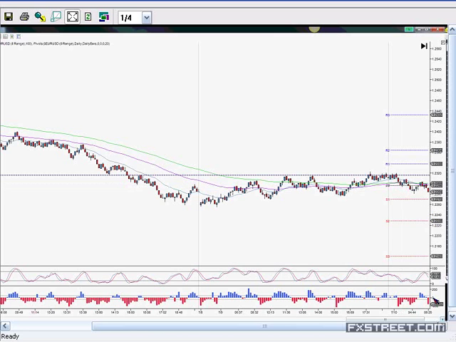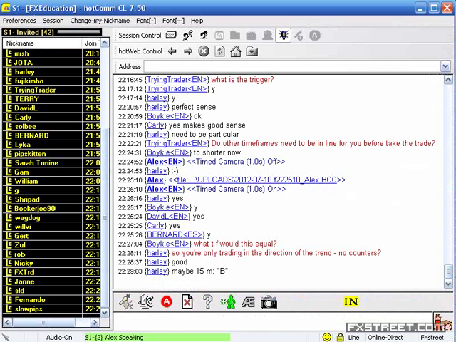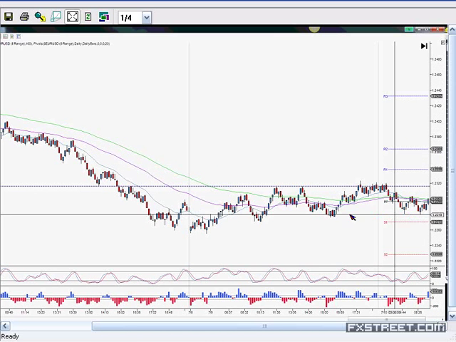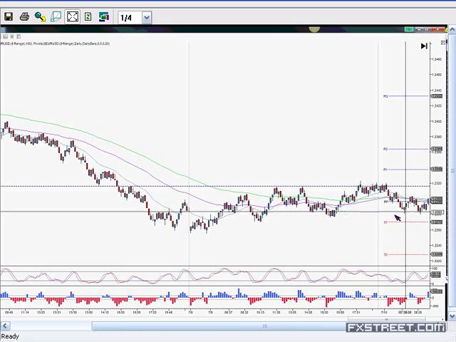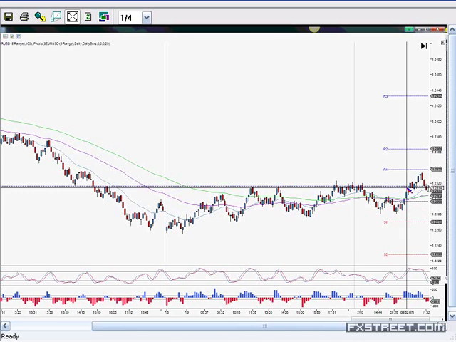We then get into that trade there, 15-minute, yeah. We then get into the trade. The market takes us into a little bit of profit. With hindsight, looking at the way the market reacted to this level here, and the fact that it also comes in conjunction with this previous low here, perhaps we should have got out. We didn't get out of this trade here, and as you can see, we got stopped out. So that was our first trade of the day. Absolutely nothing you can do about that. It's just trading for you.